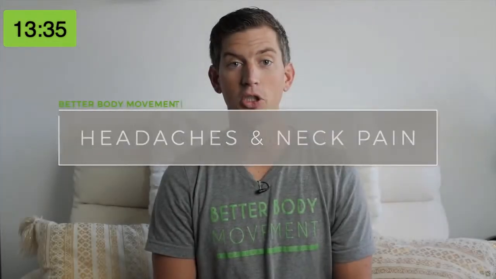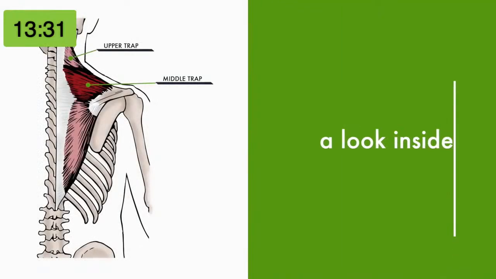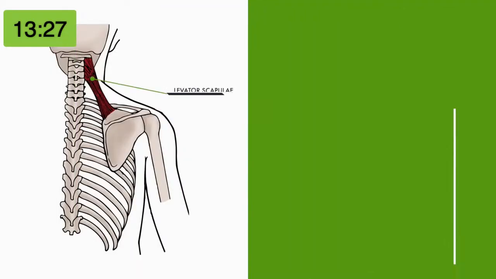The head, neck, and shoulders are intricately connected by several different muscles. The most superficial muscles being the upper trap, middle trap, and levator scapula. The brain communicates with these muscles through the 11th cranial nerve and the nerves at C3 and C4. These muscles contract the shoulder towards the neck, which causes pressure on the upper part of the vertebrae, creating tension